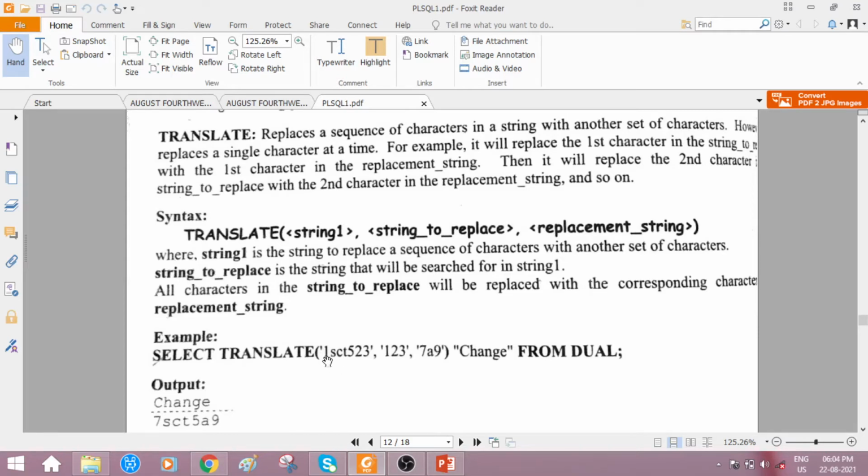Yes, 1 is found, and it should be replaced by 7, so 7 is observed here. S, C, T, 5 should not be changed, so they are observed the same. Next, 2 has to be replaced by A. Yes, it is found. 3 has to be replaced by 9. Yes, it is replaced with 9. Hope you all followed this translate string function.